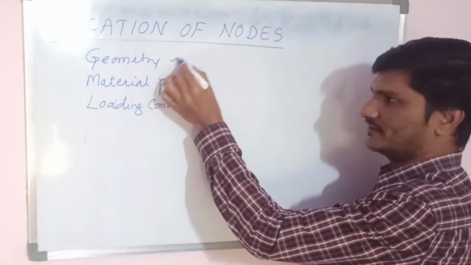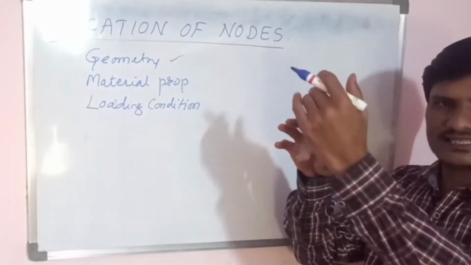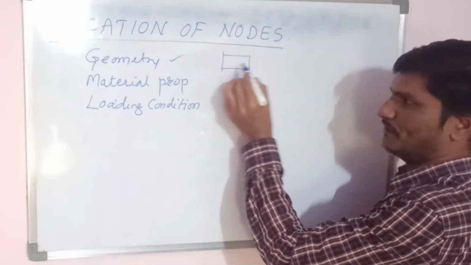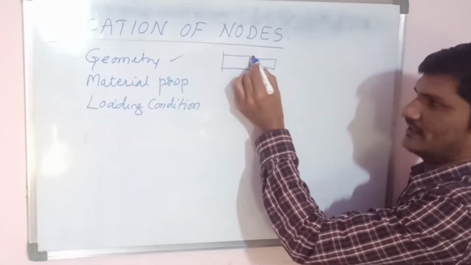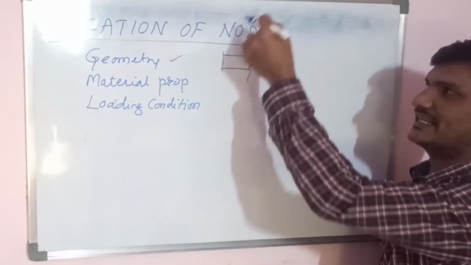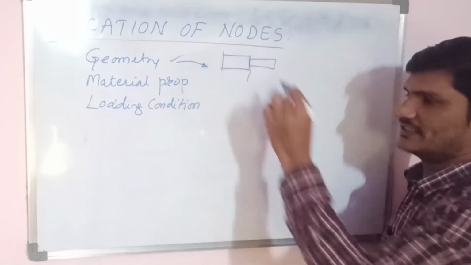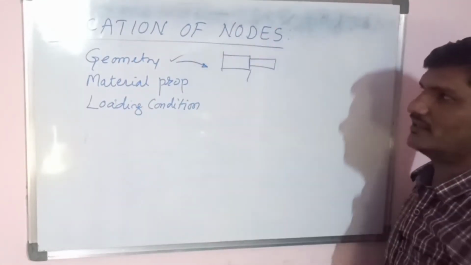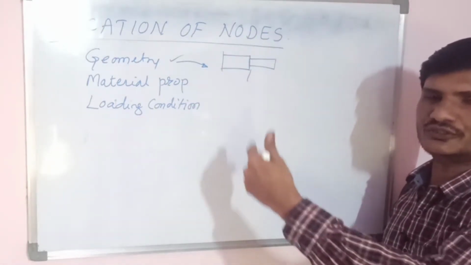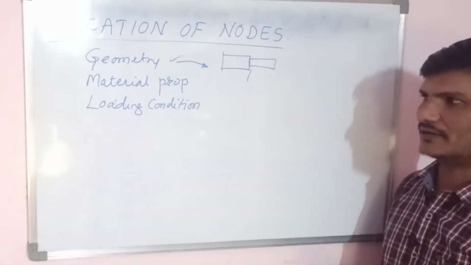Based on the geometry, sometimes suppose there is one uniform bar, and the bar suddenly changes its diameter or its area, as in a stepped bar, where the area is suddenly changed at this point. When the area is changed, then you have to consider the location of the nodes. Like that, when there are sudden changes in the geometry, we are going to apply nodes. Okay, so that is one example. Later I will explain how you are going to adapt, what is the necessary one and what is the optional one.